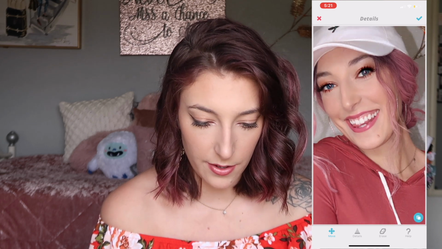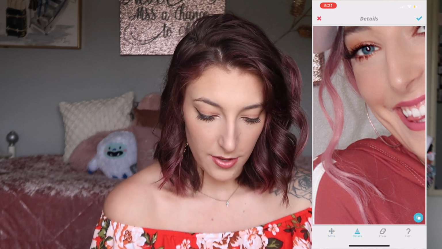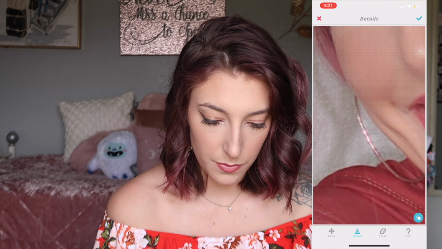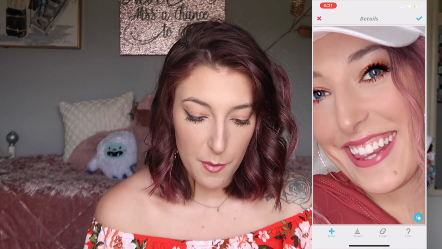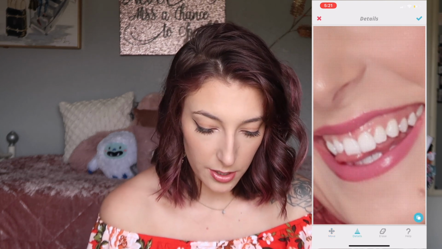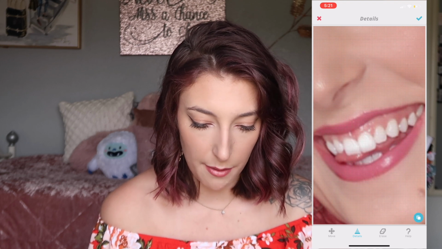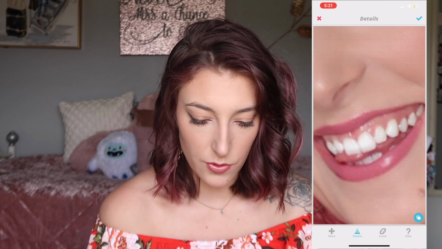And then another thing you can do is if you're wearing jewelry, which I have on these really tiny thin hoops. But if you have maybe bigger hoops, if you hit details and rub it on the hoops, see how bright that got? It just makes them brighter and shiny. And this also will make your teeth look whiter too. But you don't want to really drag it. I'm just kind of tapping it. Because if you drag it,